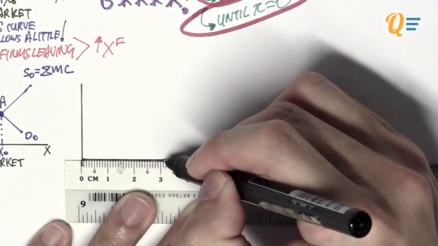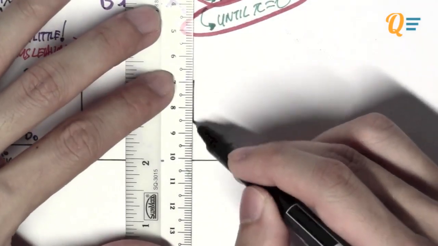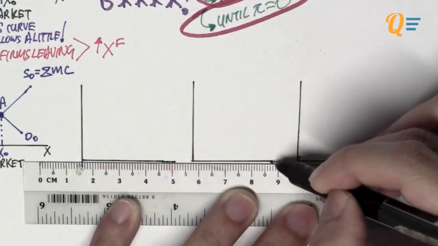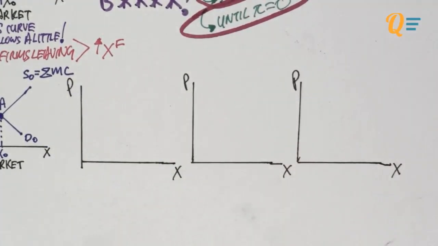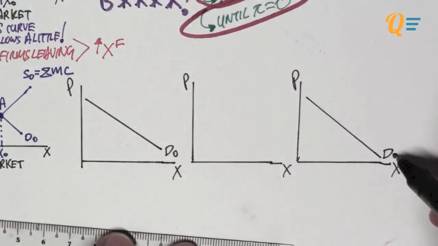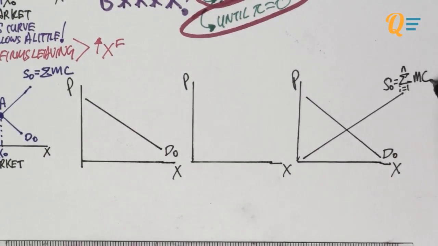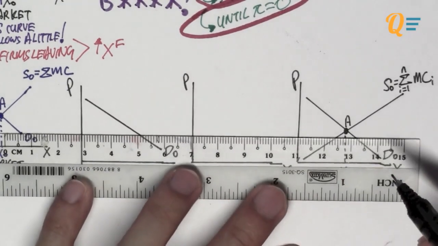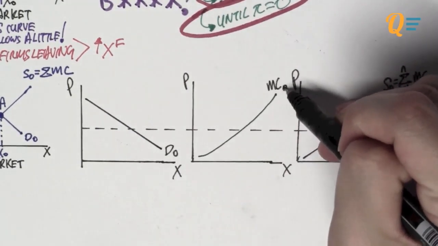Okay, so now we're gonna move on to something that's a little bit more complex. We're gonna level up a little bit. Same scenario, we are gonna have one type of consumer, one type of firm, and you're gonna need your market graph. As always, establish the initial equilibrium in the market. So you've got a demand and a supply curve. This gives you your market equilibrium price for the initial part. This is the initial long run equilibrium.